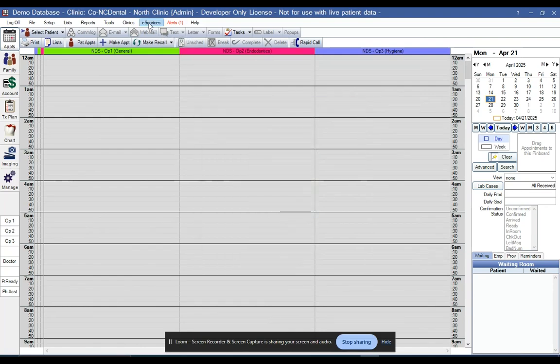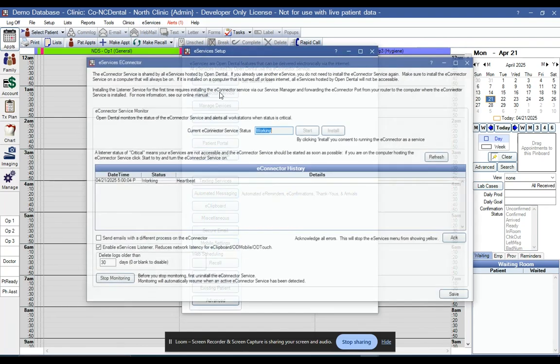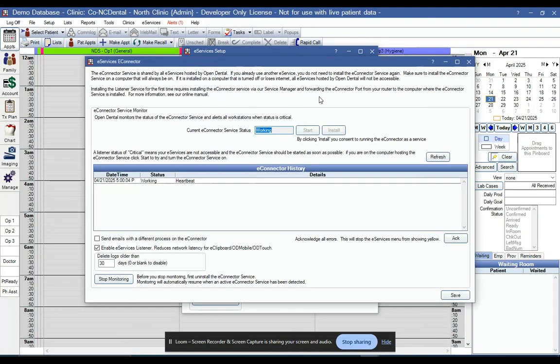Now the eConnector services. So for eConnector setup, we will be navigating to this, and to install the eConnector, here is the installation button available. On clicking the installation button, the eConnector services will be installed in the OpenDental instance. And once that's completed, we will be clicking on the start button, and in a while we will have the